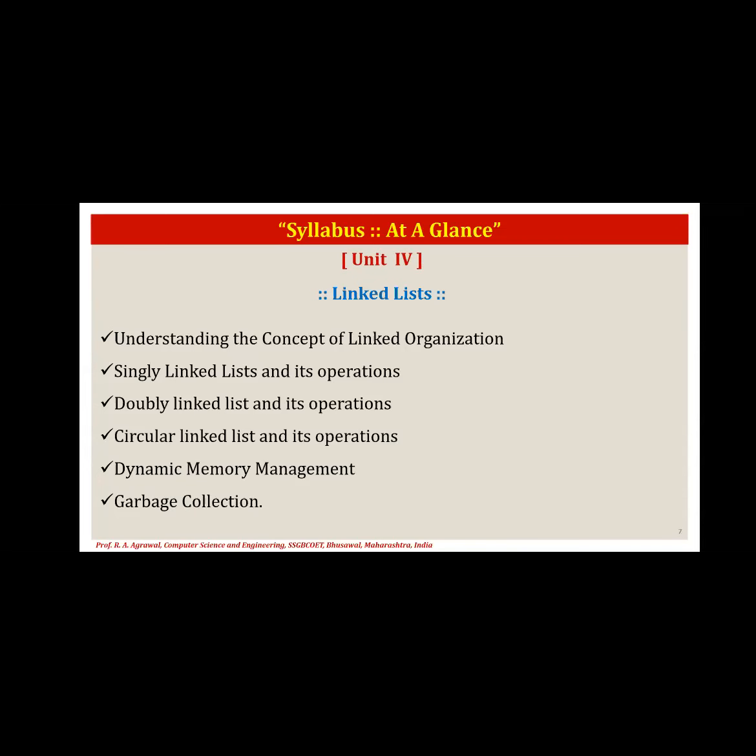Unit number 4 is very interesting and very easy, and that is the concept of linked list. Here we will study only one concept, and that is the linked list. How is a linked list different from an array? See, an array is a sequential data structure, whereas a linked list is a dynamic data structure. For an array, memory is allocated at compile time; for a linked list, memory is allocated at dynamic time, that is, at run time. There is a big difference between the two. Both have huge differences between their working operations.